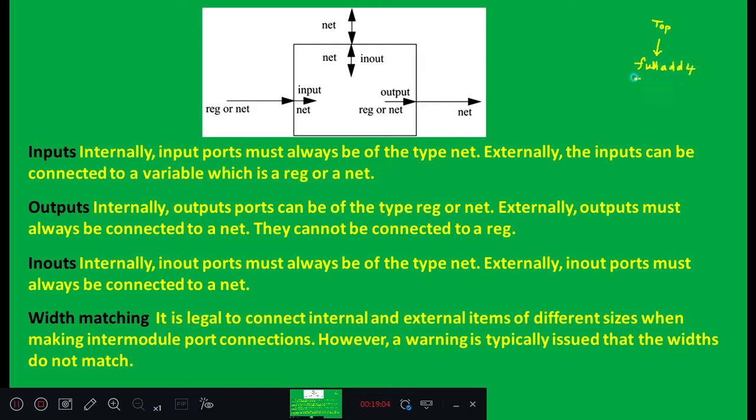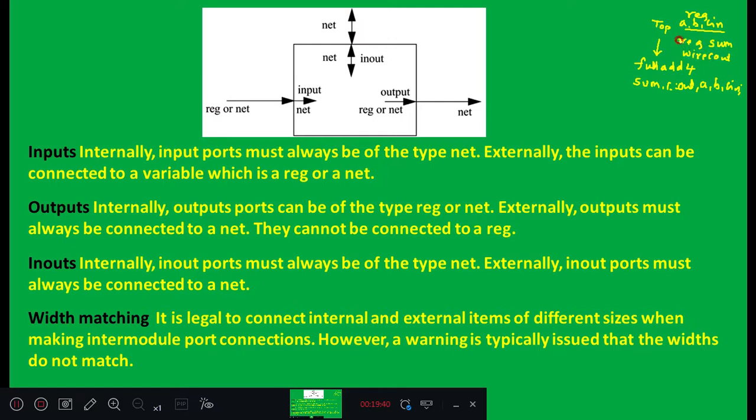In full add 4 also you have sum, cout, A, B, C in defined. In top also you have defined A, B, C in as registers, size 4 bit and 1 bit, and sum you have defined as register. Cout you have defined as wire.